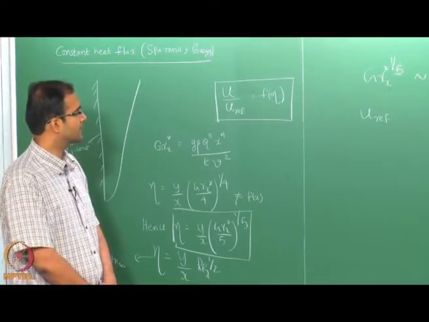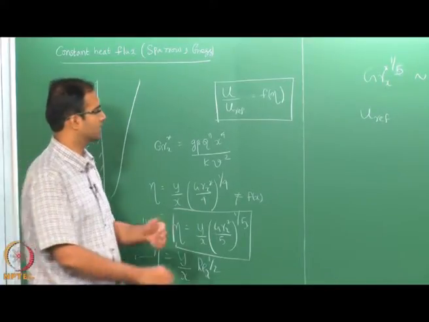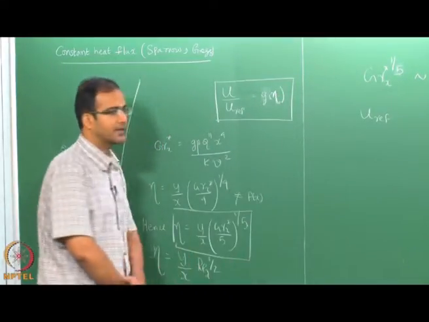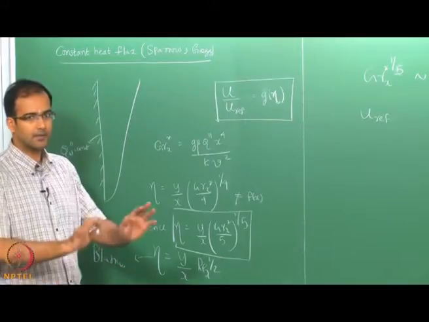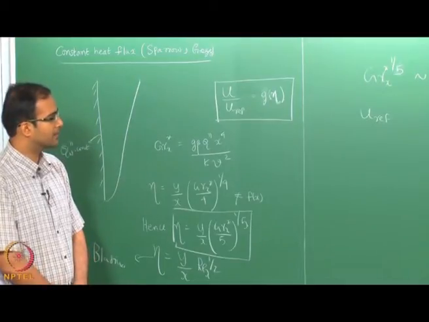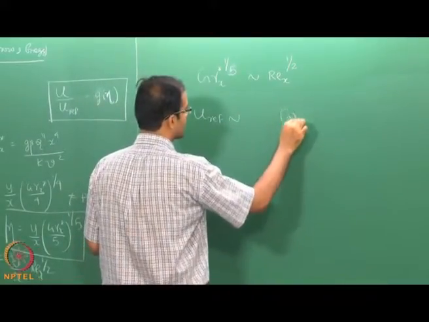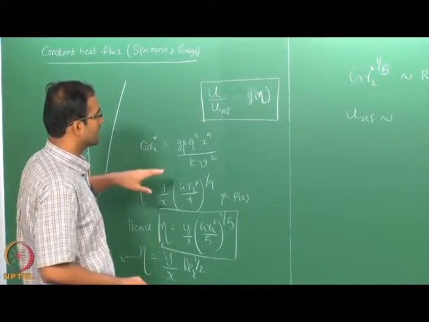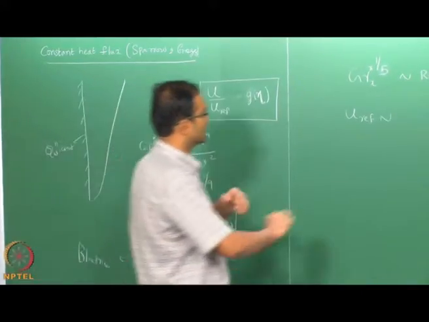We started off with g of eta, and then we integrated g of eta and called that f of eta. It is a function of eta, that is all it is. Now by equating these two you can find out the order of u reference. Tell me in terms of the modified Grashof number.